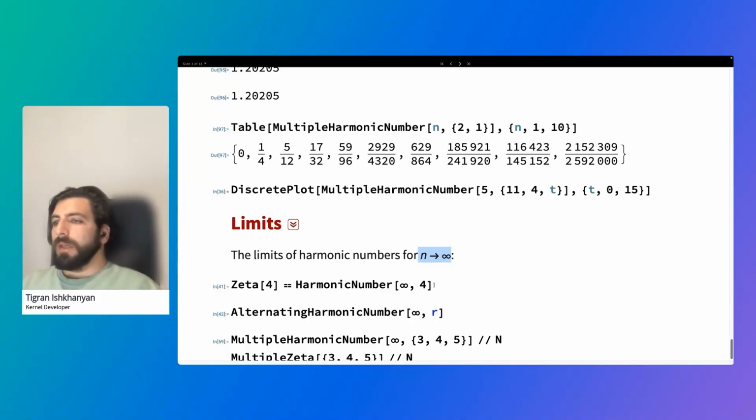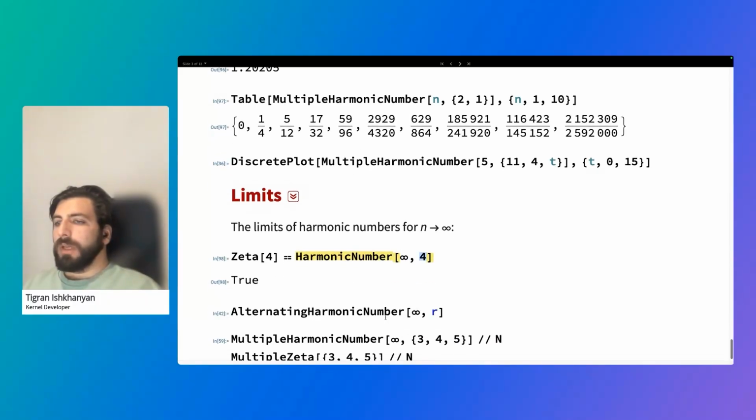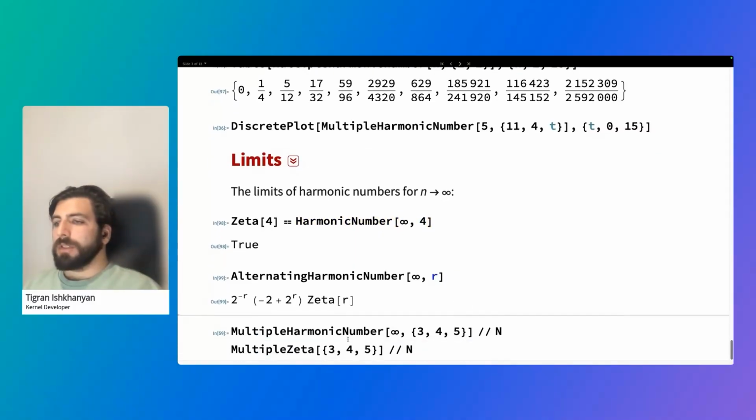The point is that these cases are nothing else than the zeta functions. Say the harmonic number when n is infinity and order is 4 is zeta 4. The alternating harmonic number is also given by zeta functions, and the multiple harmonic number when n is infinity is nothing else than the multiple zeta,